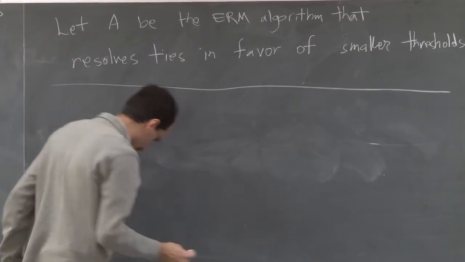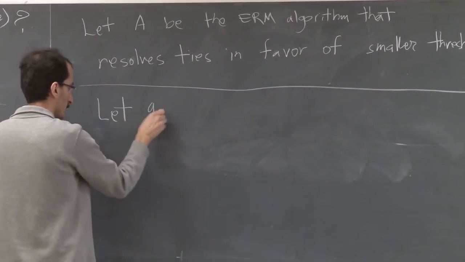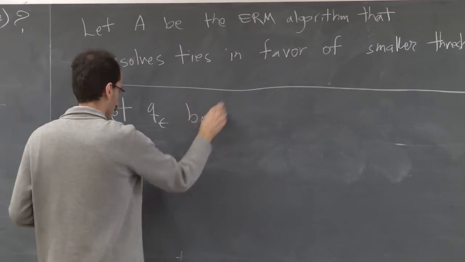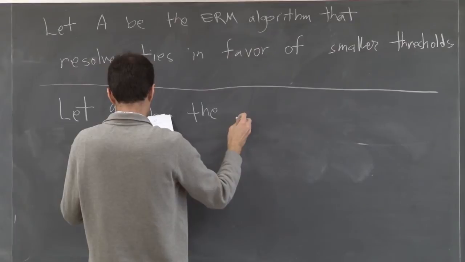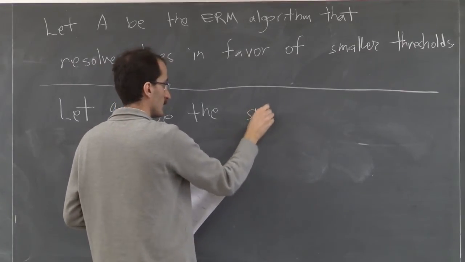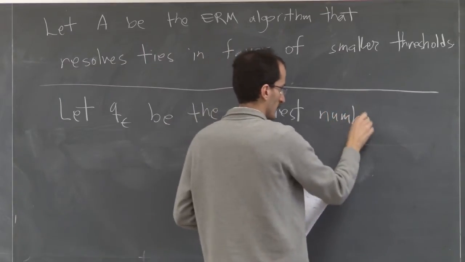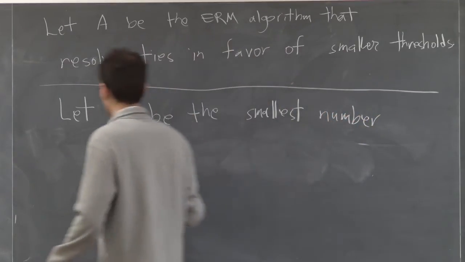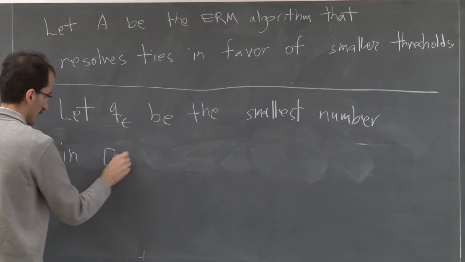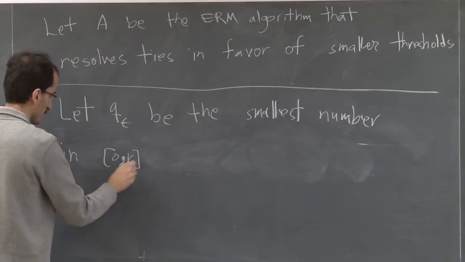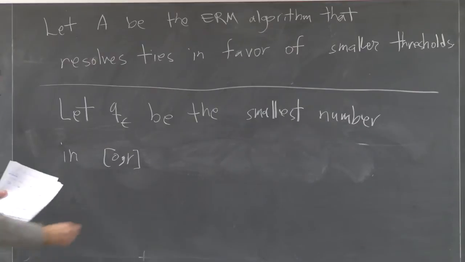So let Q epsilon be the smallest number in 0 and R such that